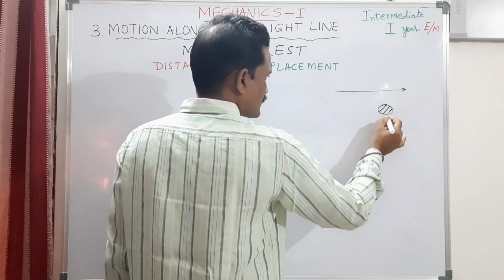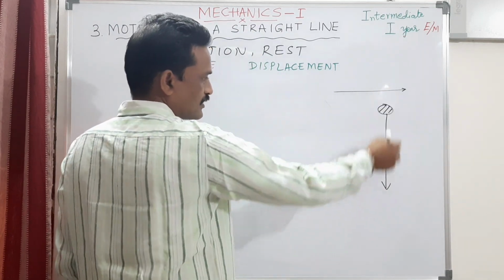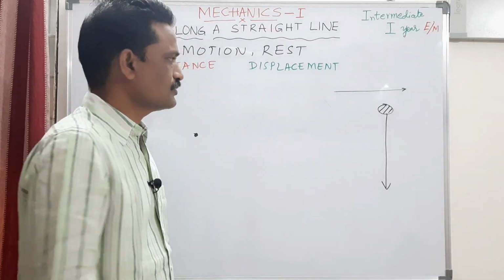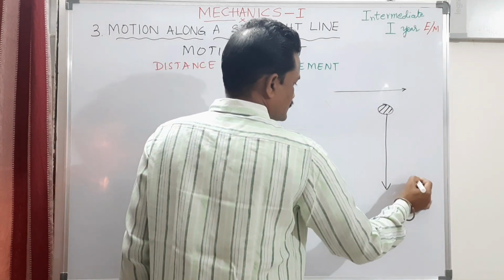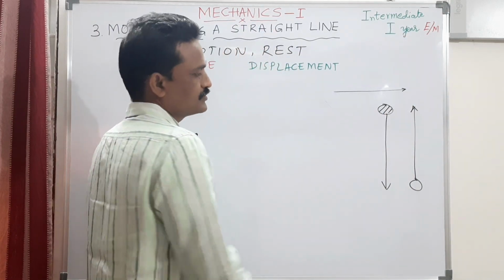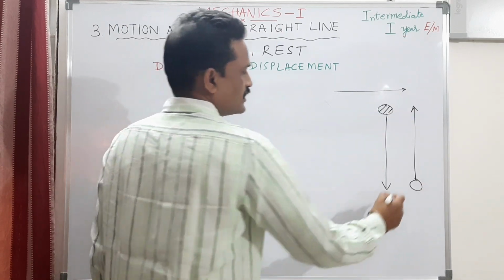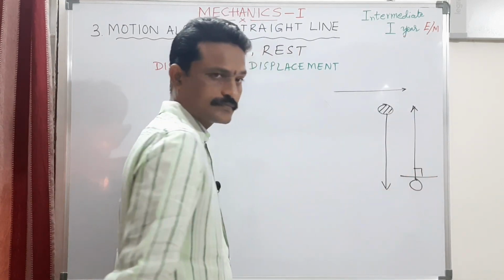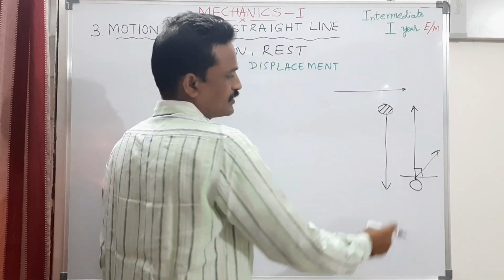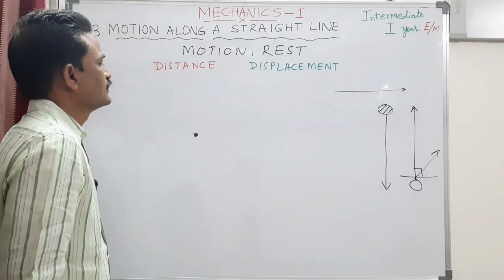You take a pebble and just drop it from a certain height. Definitely it will fall along a straight line. So this is the best example. You can throw a ball vertically upwards, but throwing vertically upwards is also almost impossible. By using a machine gun, I can fire bullets such that it makes exactly 90 degrees, or it goes in some other directions. So by using a machine, I can send something along a straight line, right?